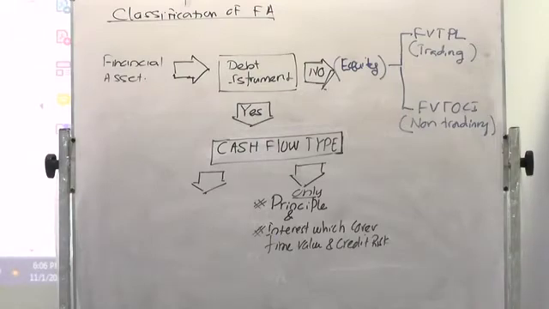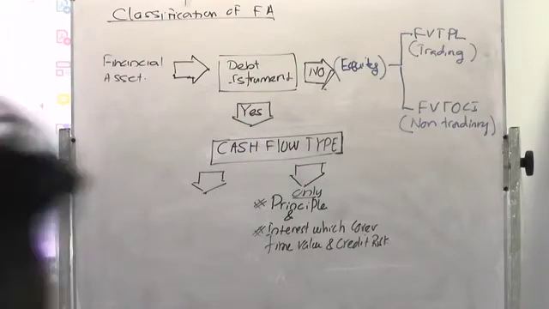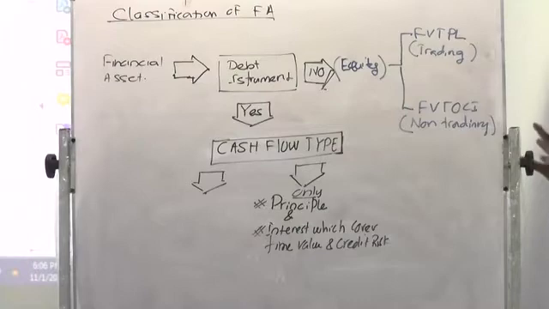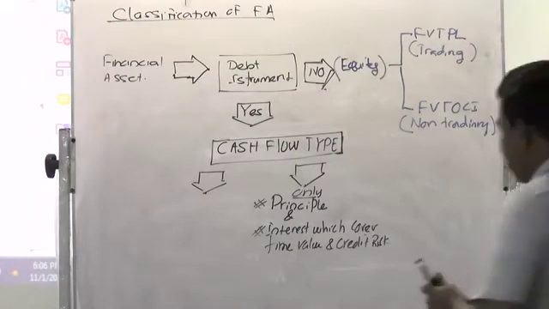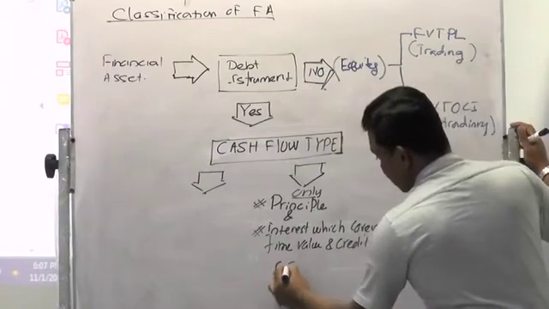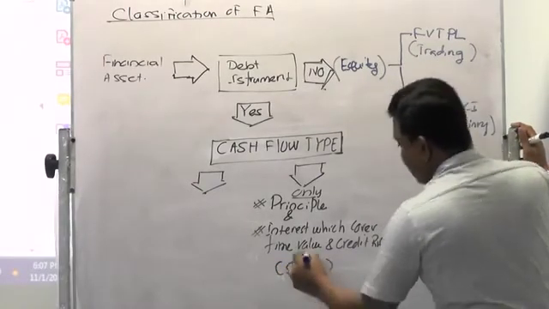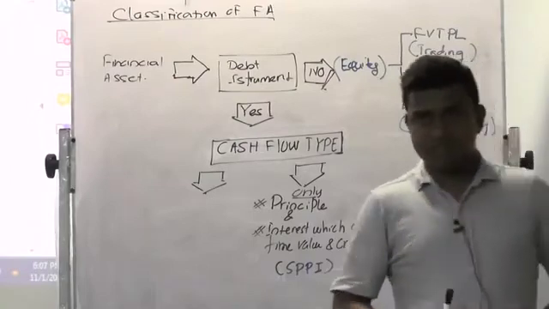For example, you will invest in an FD, fixed deposit of a bank. What do you expect? Interest and the principal amount. Definitely you will expect the interest which covers the time value of money because you keep it for a period of time. Clear? When you expect a reasonable interest to recover your credit risk and time value and the principal you invested, you expect only principal and interest. It's called satisfying SPPI, solely payment of principal and interest.